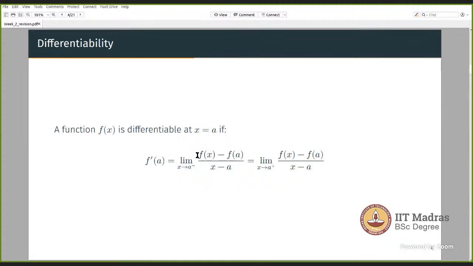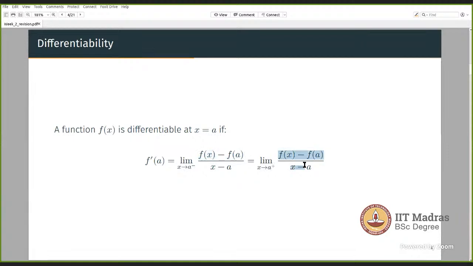Now, how can we do that? We have to compute f'(x), the rate of change of the function. How do you check? This is what you need to do: f(x) minus f(a) divided by x minus a. This gives you the rate of change of the function in that area, given by x minus a. So that's the rate of change of the function from the left-hand side.